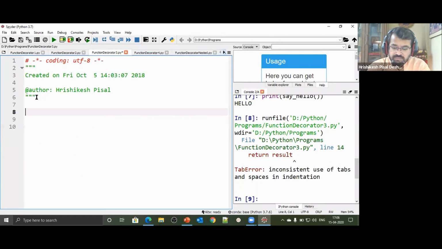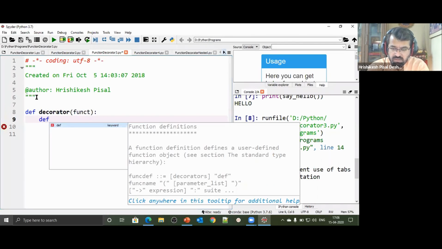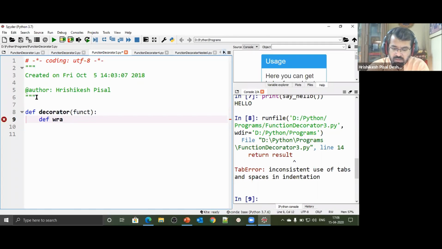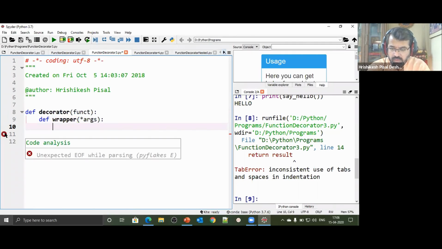I say def decorator, that's going to take in some function as a parameter. And it has a wrapper function. So it has another function called wrapper, which takes *args as a parameter.